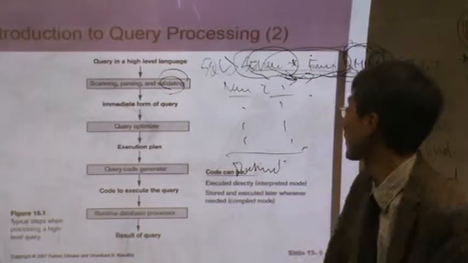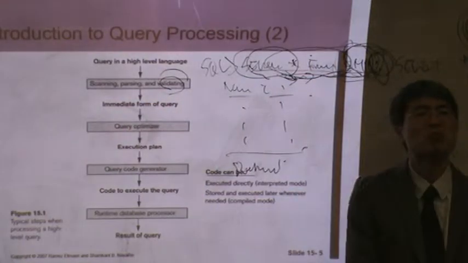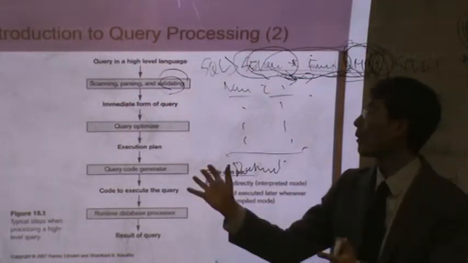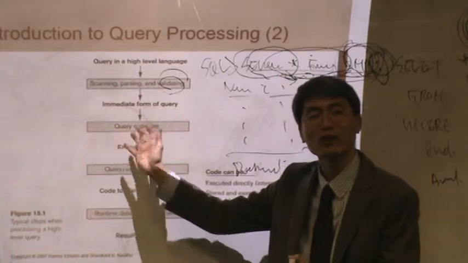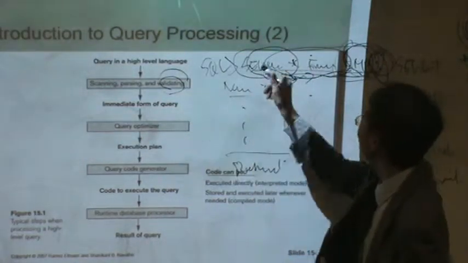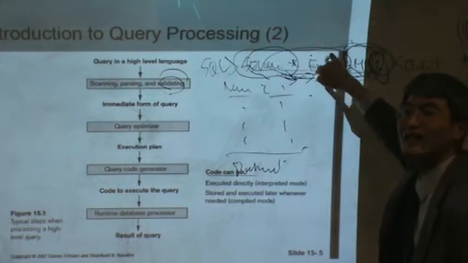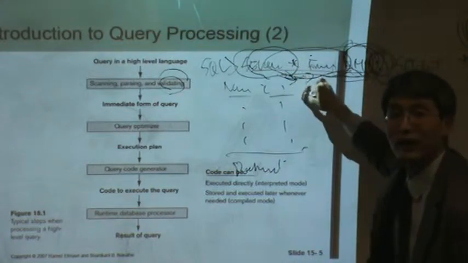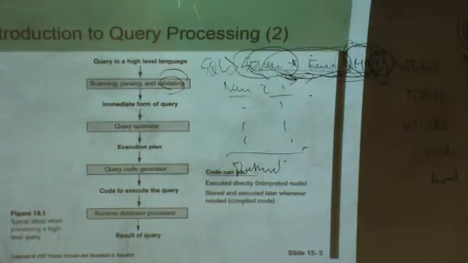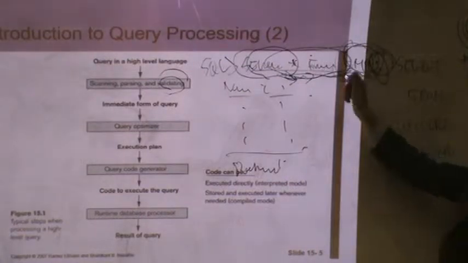If you see such an intermediate form of a query, nobody can understand it. But the computer, the query optimizer, can understand that. The query optimizer takes the output of the syntax and compiling steps and finds the fastest way, using catalog database information. It's like using Google information and traffic information to find the fastest way. Just like that, the query optimizer finds one fastest way.